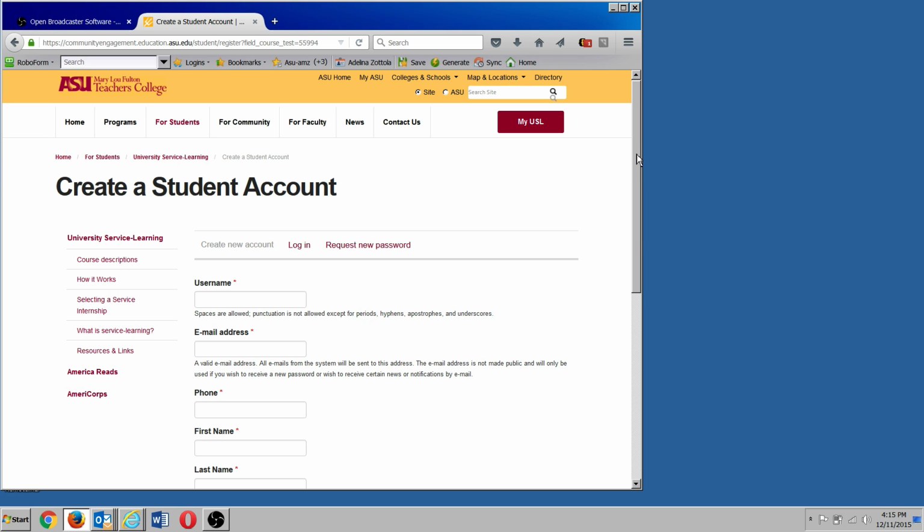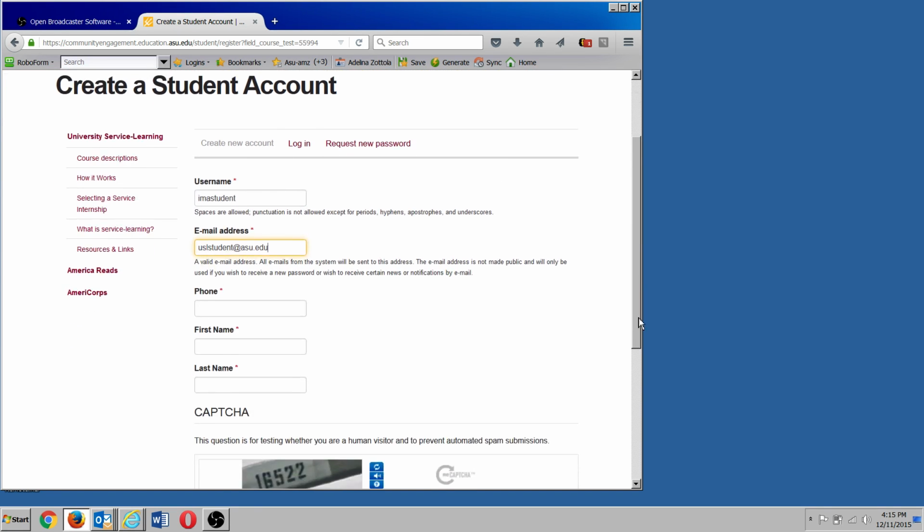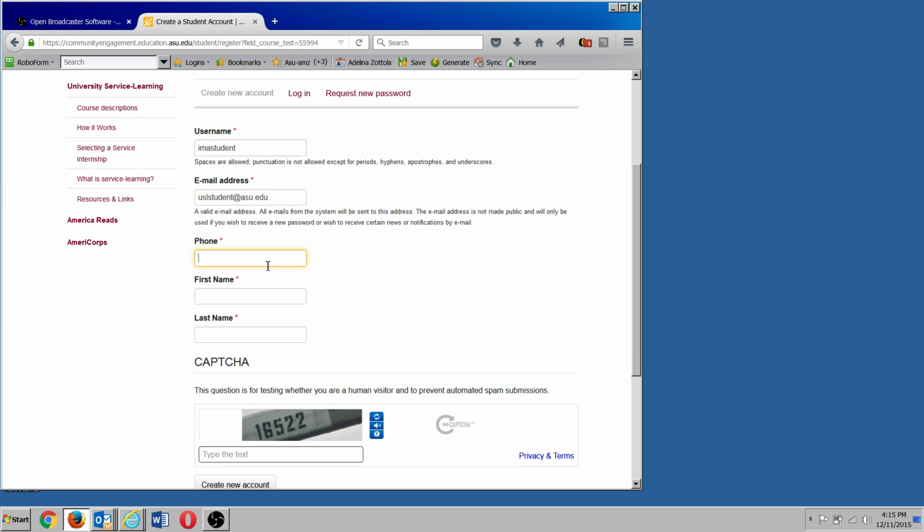So if this is your first time creating an account, you will use the new student link, and it will look something like this, and it'll take you to this page. So you will select a username, type in your email address. It doesn't have to be an ASU address. It should be whatever email you check most frequently. Put in your phone number and your name,